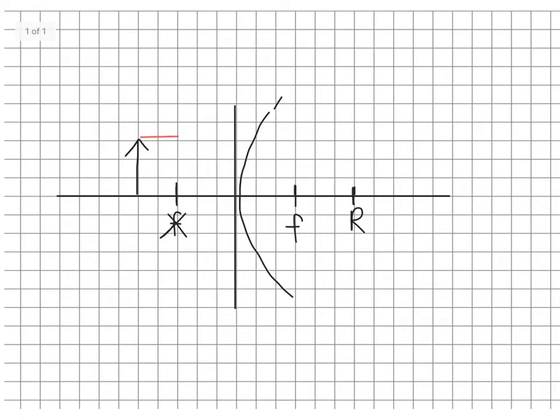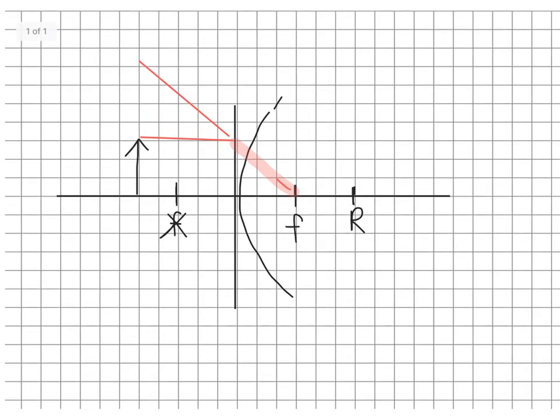So it'll come in parallel, just like we did. When it gets to that principal axis, I know that wasn't a very good parallel line, it will reflect as if it came from the focal point. Now it's highlighting. Don't highlight. Maybe I will. That actually kind of is cool. It'll look like it came to the focal point, but actually it's going to reflect this way. Maybe I'm just going to stop while I'm ahead. Okay. The next one